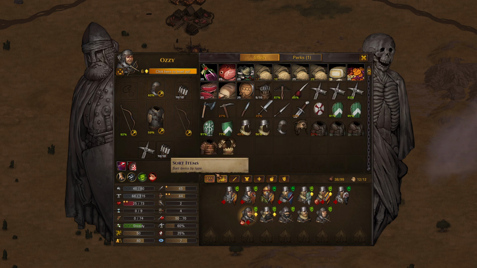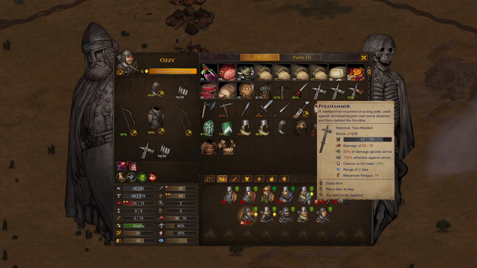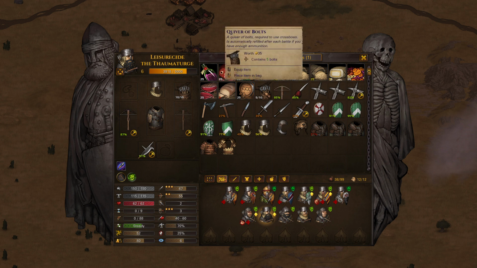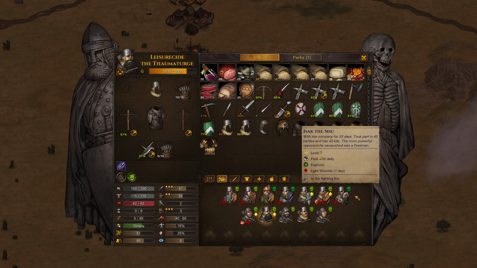We have another pole hammer. An arming sword. We definitely want to repair that. It's worth like a little fortune. And is anyone still using a janky crossbow? Yes, we still had one light crossbow. So we got a strict upgrade here and another quiver of bolts. Perfect. Anything else? I think we're good on...